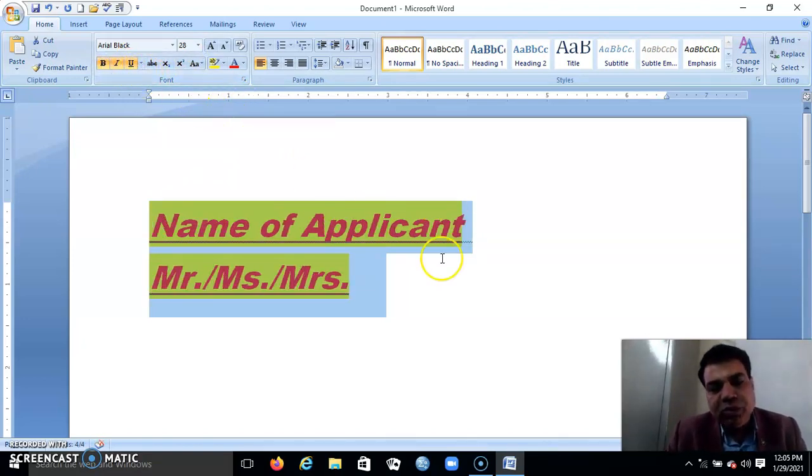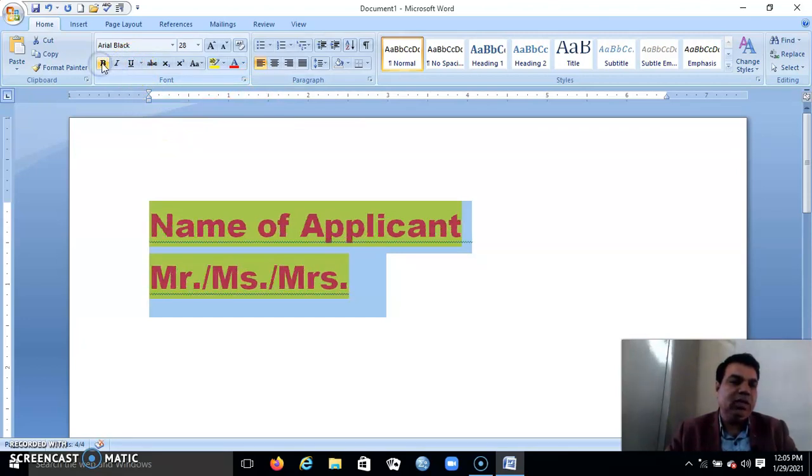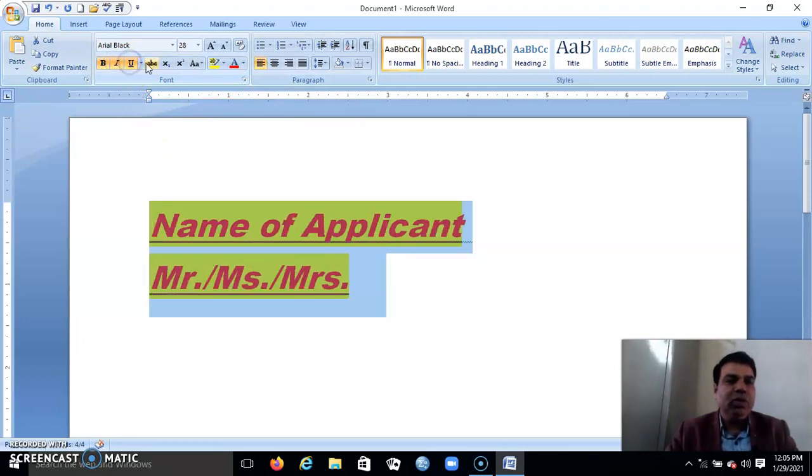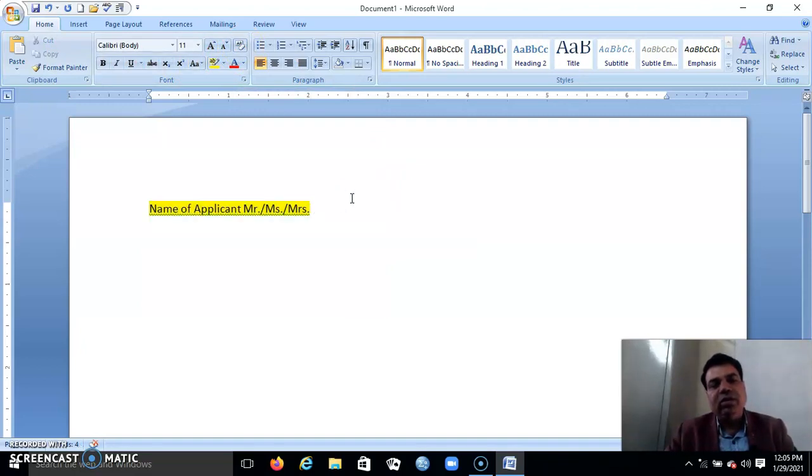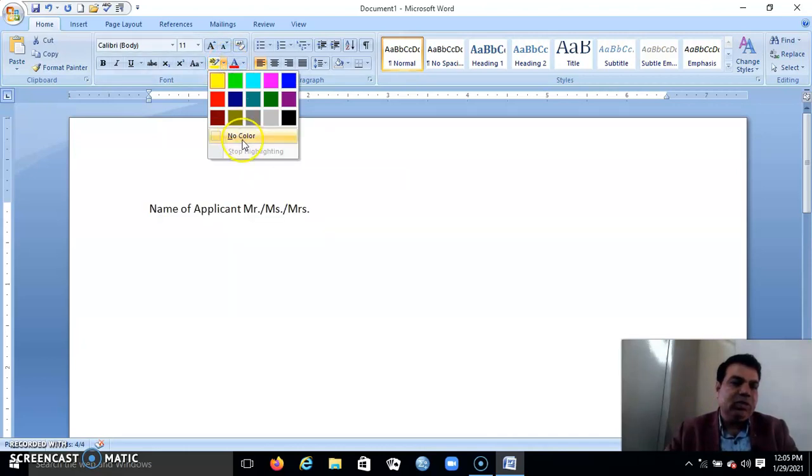But now you want to clear all the formattings at once. If you clear the formatting one by one, you have to click on each formatting and these will clear. But if you want to clear at once, click on this clear formatting and it will clear all the formatting. But only the background will remain. Now you can also clear the background.